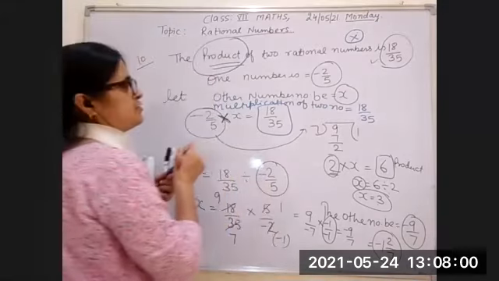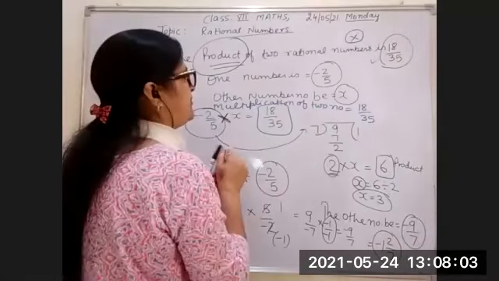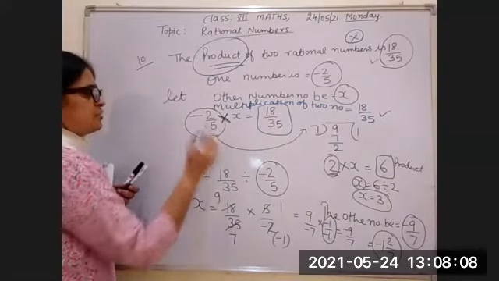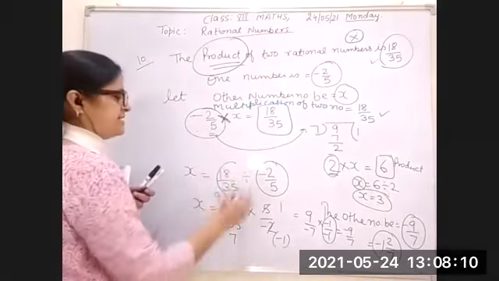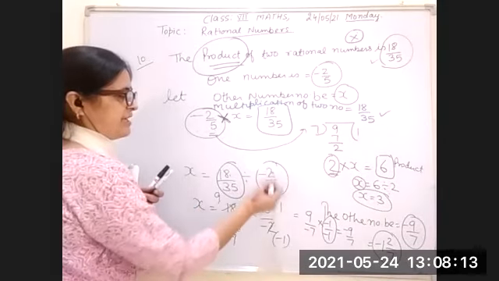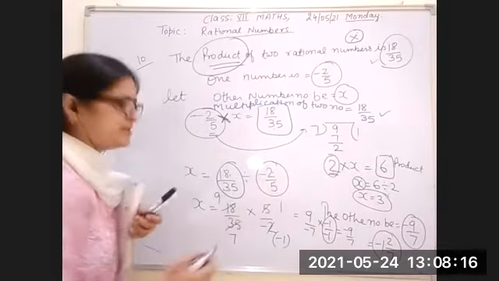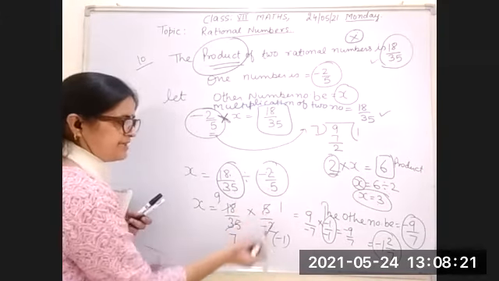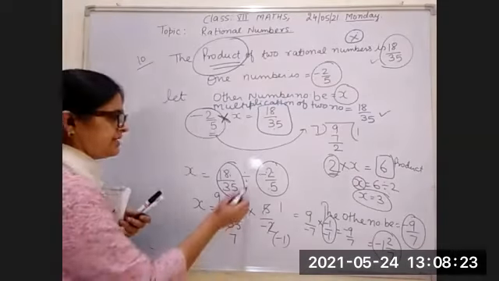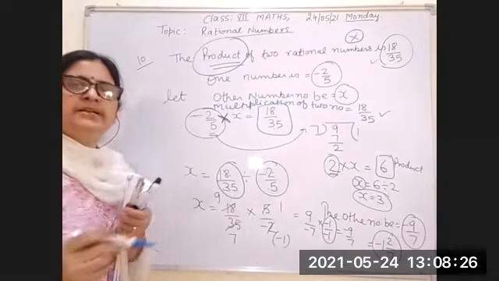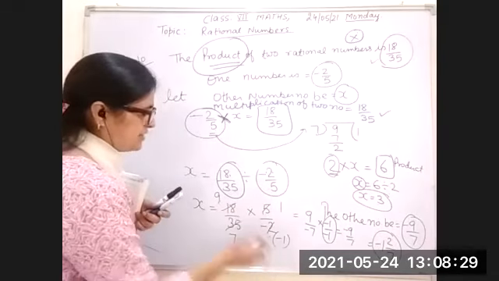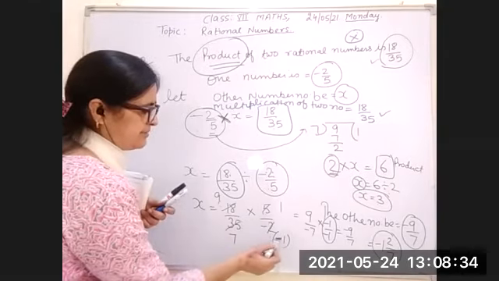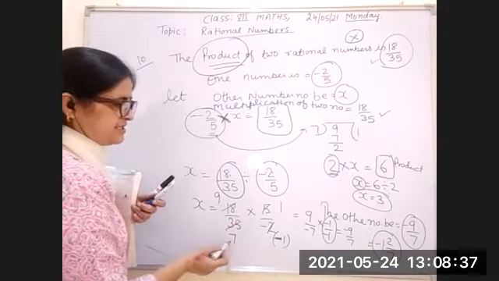So in this question you have been given the product 18/35 and one number is given as minus 2/5. When you divide 18/35 by minus 2/5, you will get the result. You have to take the reciprocal of minus 2/5, that is equal to 5/-2, and convert the divide into multiply. By cancelling, 2 ones are 2, 2 nines are 18. Here a minus sign is given, so you have to put a minus here. And 5 ones are 5, 5 sevens are 35.